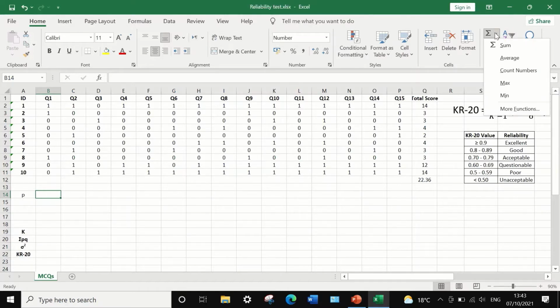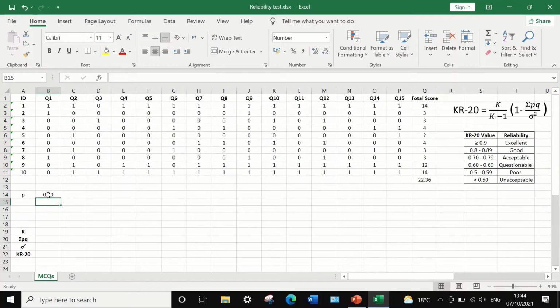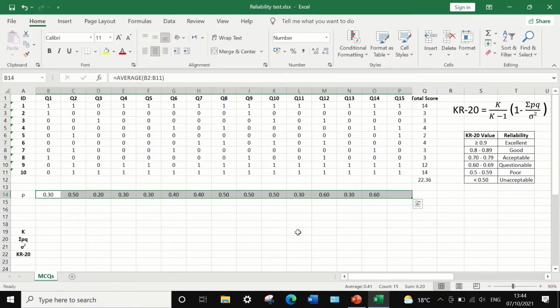If we click on the symbol here and select the average, here mean represents the mean, and select the range of the data, the scores for question number 1, and click on enter. A P proportion value is generated for the first question, showing 0.3 as 3 correct answers divided by 10 equals 0.3. To calculate the P value for the rest of the questions, select the cell here, hold, drag to auto calculate and auto fill the